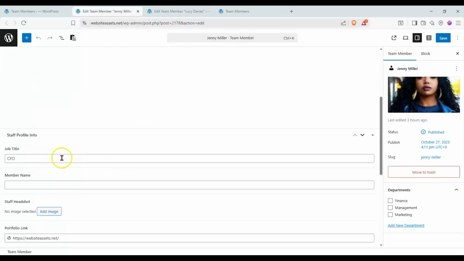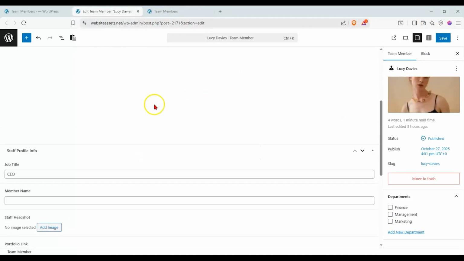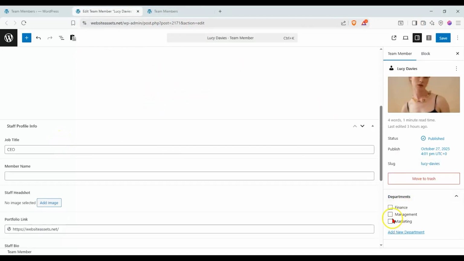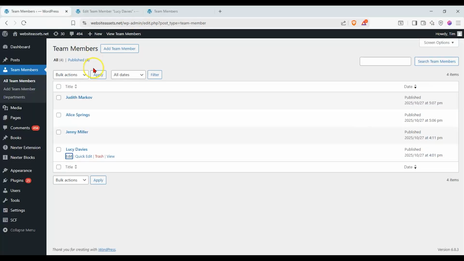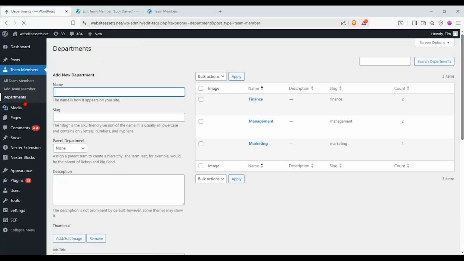For Jenny, it's probably both between finance and management. So we can click on those, right? And similarly with Lucy, she is in management. She's the CEO. And again, with the departments, you'll see we now have the different counts here, and we can